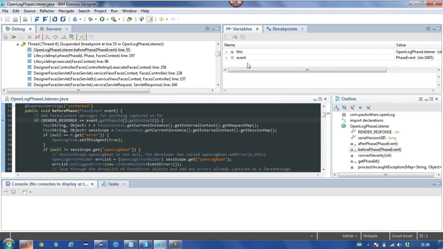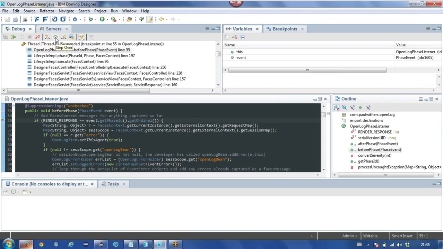So let's just step through what's available here. The Debug View up here, this is where you resume, so continue through until it hits the next breakpoint. Step into, so that will step into any dependent Java classes or methods.